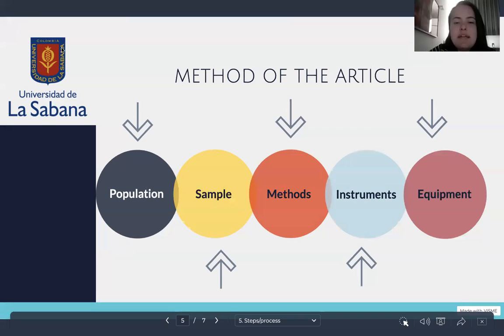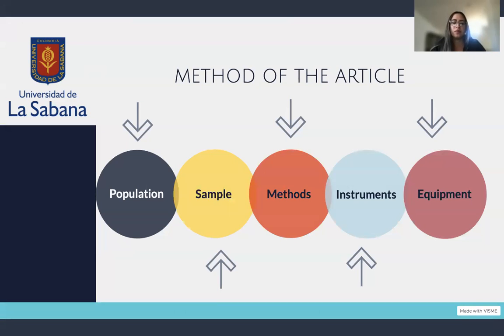Thank you, Lady. Now let's focus on the method of the article. So of course we have the population, sample, method, instruments, and equipment. To start, the population belongs to a university in Indonesia. For this study, the researcher took the first year students from a course called SMKN1, and it was developed between 2019 and 2020. The method used in this research was a quasi-experimental design, and the instruments used to collect data were